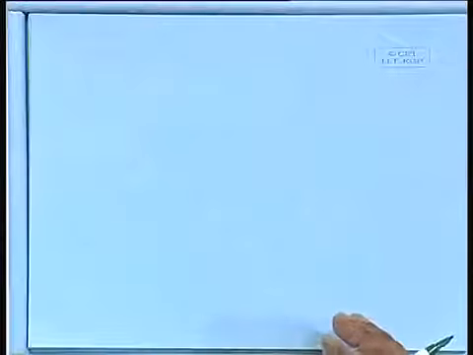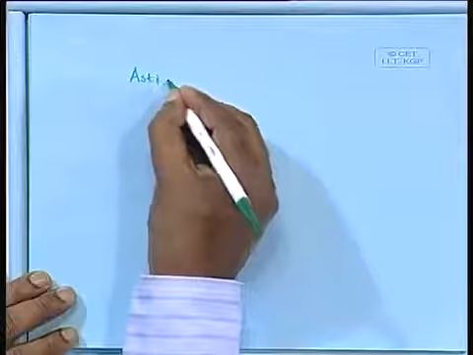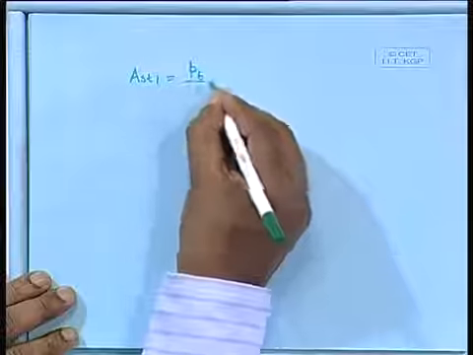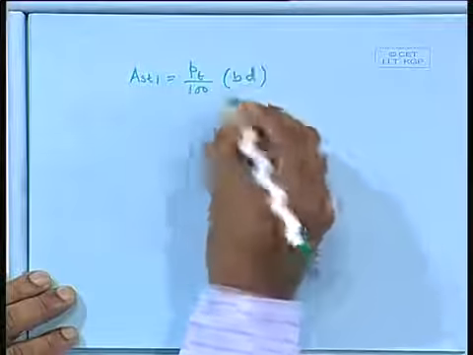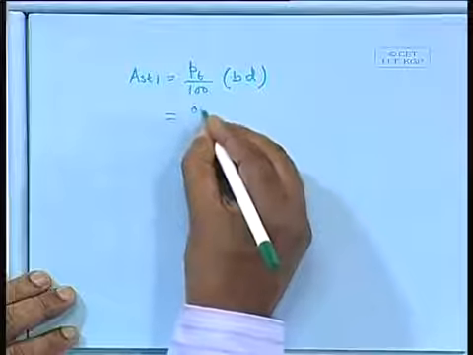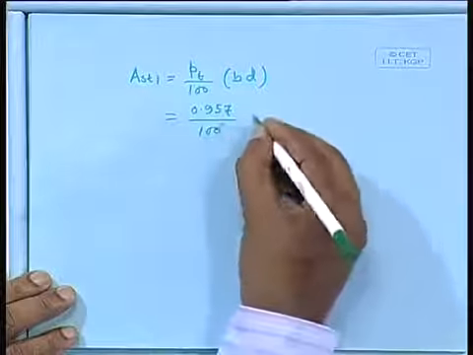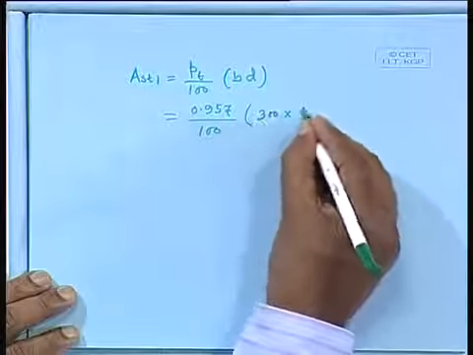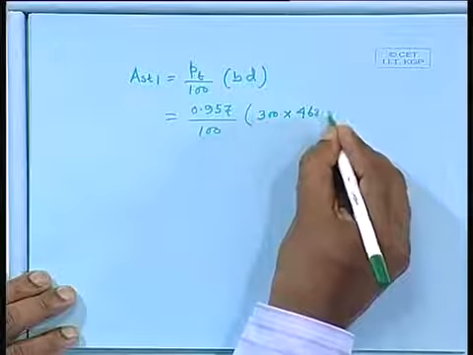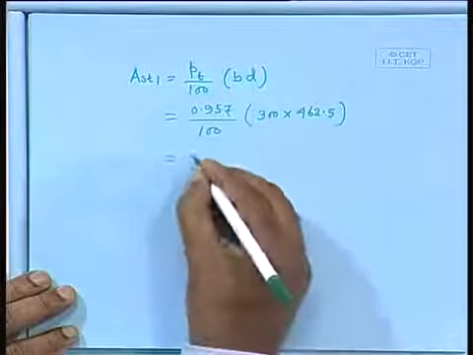We can write down Ast1, let us continue, Ast1 equal to pt by 100 times bd, 0.957 by 100 times 300 into 462.5, effective depth already we have computed, equal to